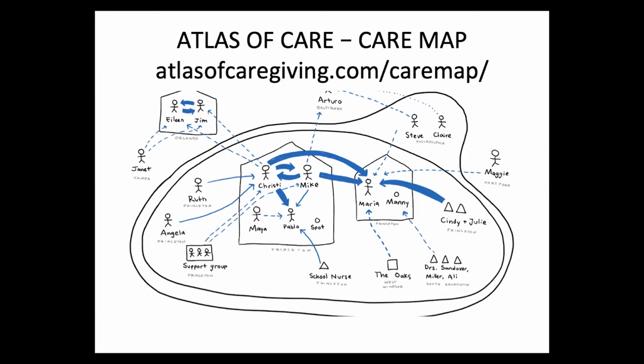So some people live in Princeton. Some people live in Philadelphia, which is not that far away. There's Baltimore. But people who live outside of all of the circles are people who live quite far away. So Eileen and Jim in Orlando. This care mapping for Christie, who's a real person, by the way, and did this exercise with a pen and pencil in one of Rajiv Atlas of Caregiving workshops,